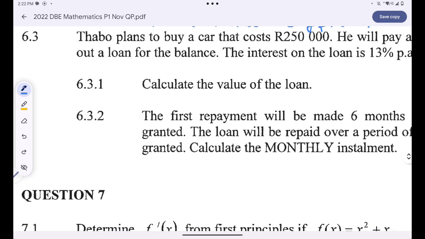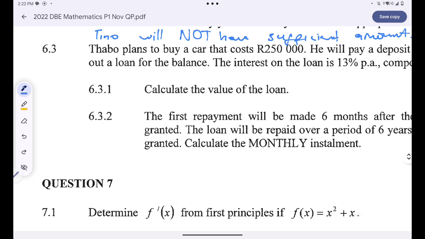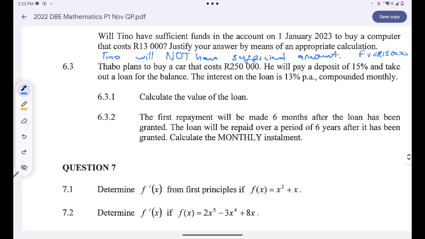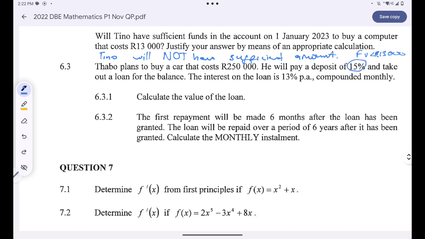Okay, so Thabo wants to buy a car that costs 250,000, but he will never take a loan of 250,000. Rather, he will take a loan which is less than 250,000. Why is that? Because he will pay a deposit of 15%. Are you together? So the value of the loan